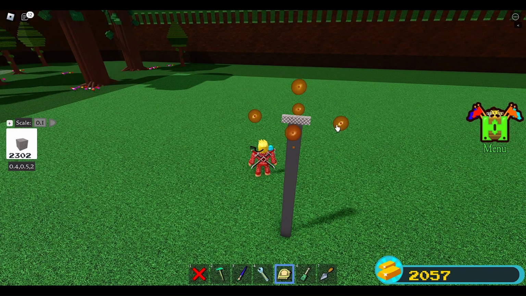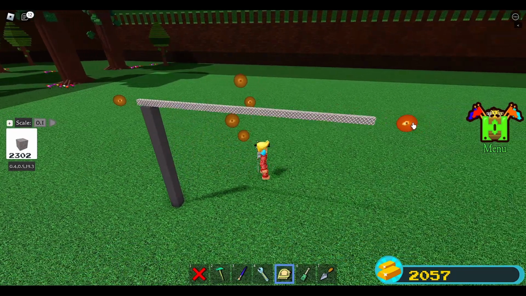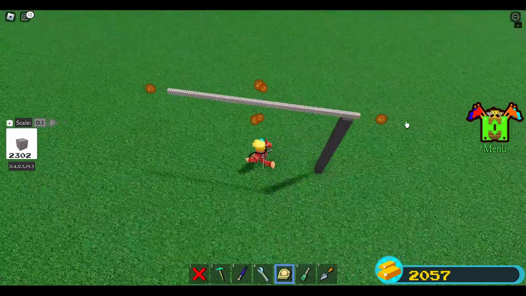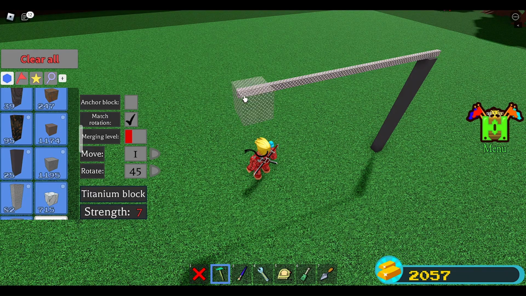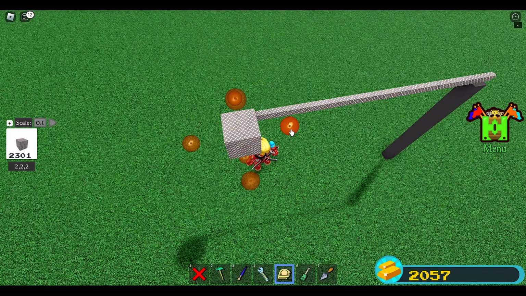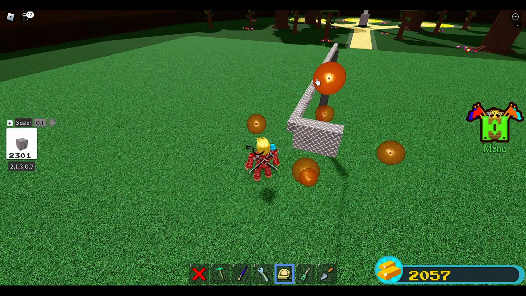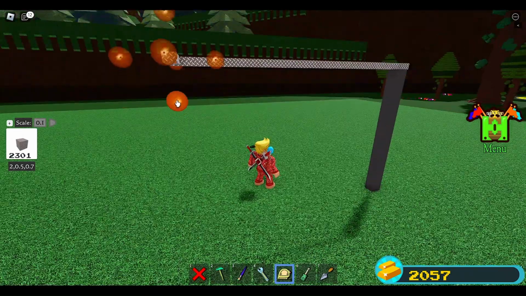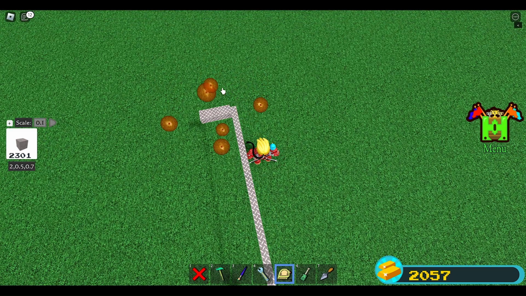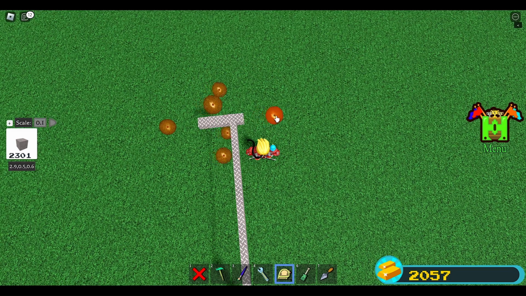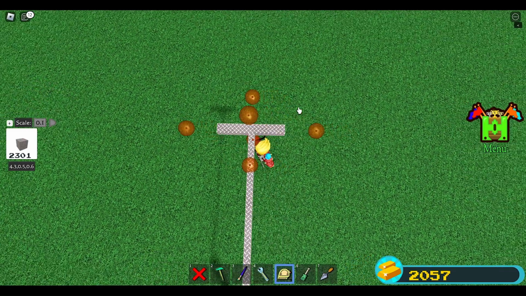Don't want to make it too strong, don't want to make it too weak. You want to build it fairly kind of like this. Something like this